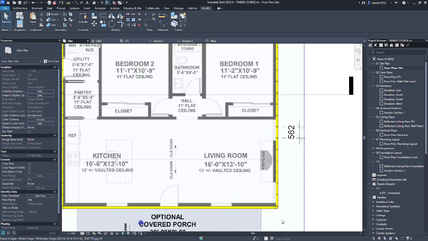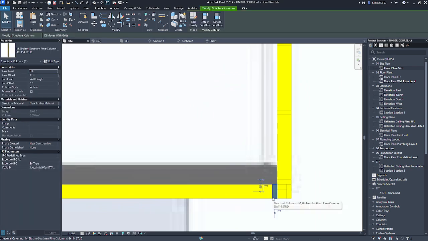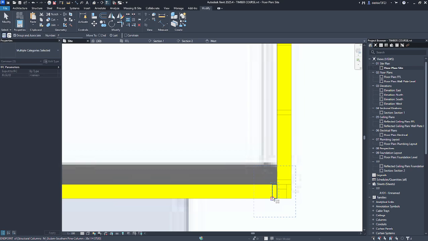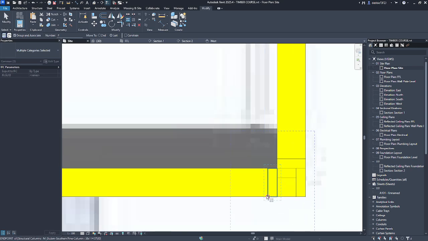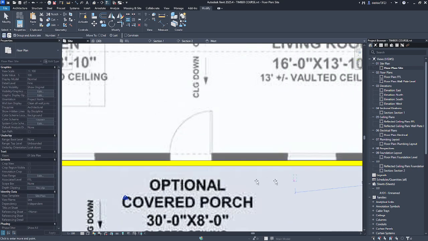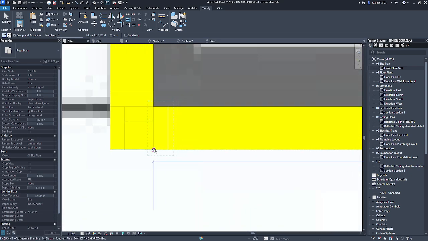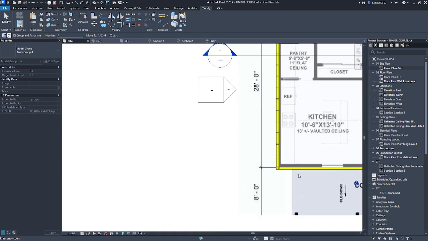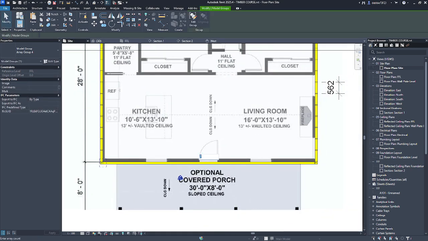We know it's 20, so let's go to our bottom right corner, press A on your keyboard and R. Click to the bottom left corner of our stud and place it there. 20.